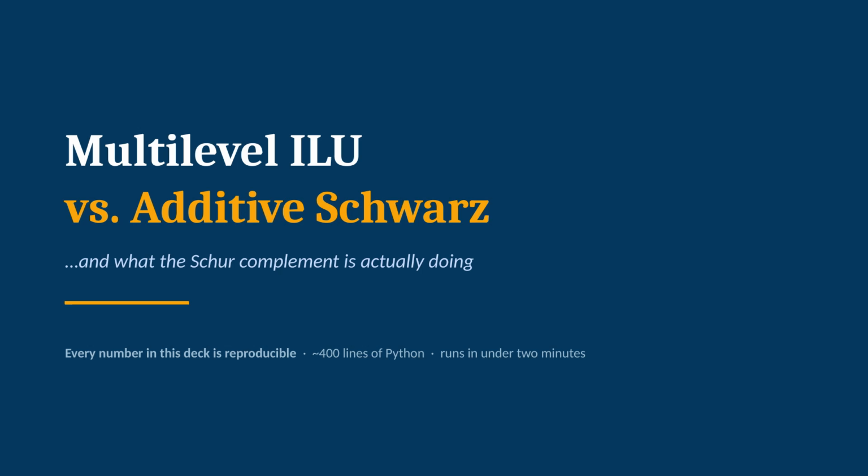Two preconditioners get called multilevel. Two of them get called Schur complement methods. In the literature they sit in different chapters. In your solver config file they sit 2 lines apart, and most of the time nobody explains how they actually